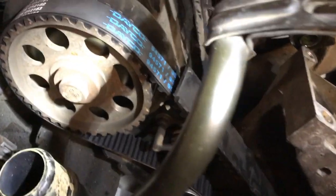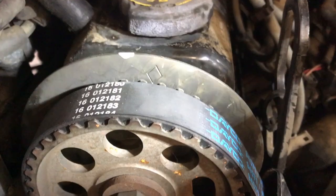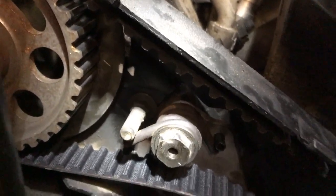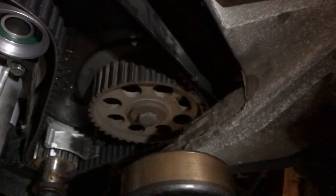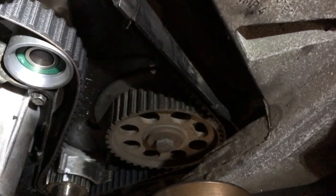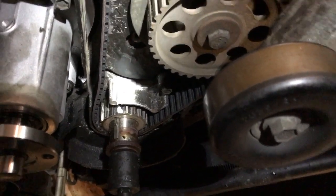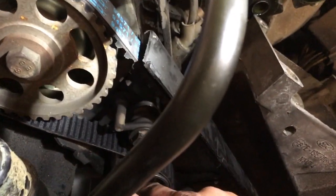Okay guys, with water pump installed, we've already got our new timing belt on here, and we have not released the tension yet, but I just wanted to show you that all our marks here are lined up, and we've got, you know, tension on the non-tensioner side of the belt, so we don't have any excessive slack or anything. So we're ready to go ahead and take our 13mm socket down here on our tensioner, and we're just gonna,